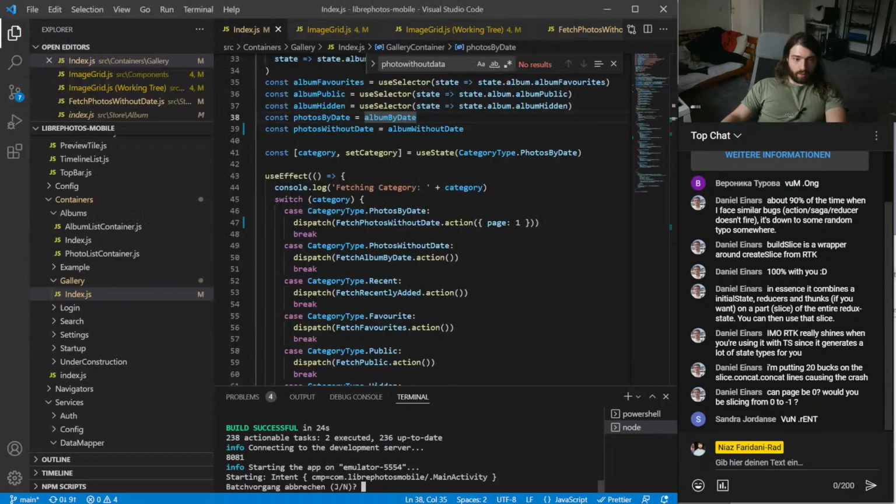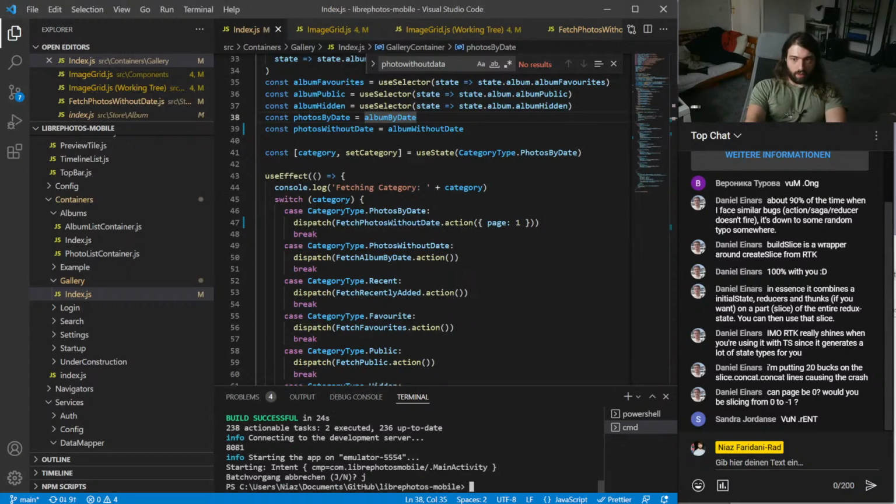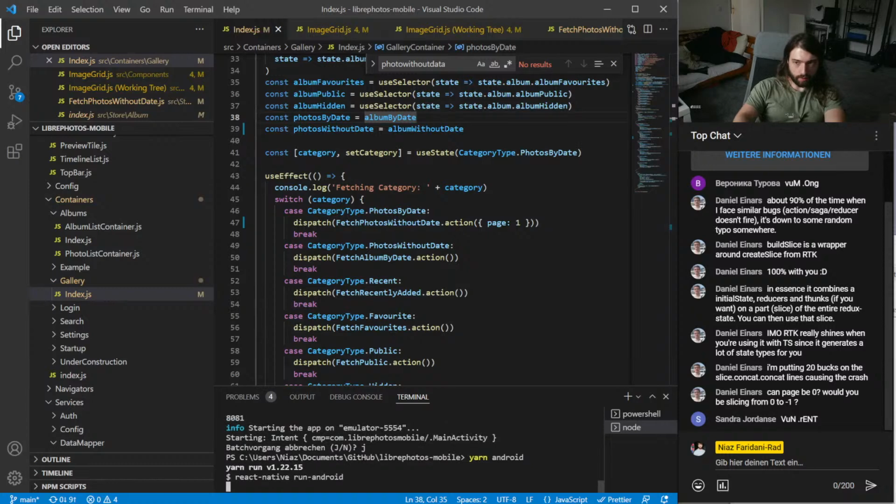Oh man, now I still want to try that. I hate debugging, like, until it's fixed, like your brain is constantly thinking. Okay, please work.